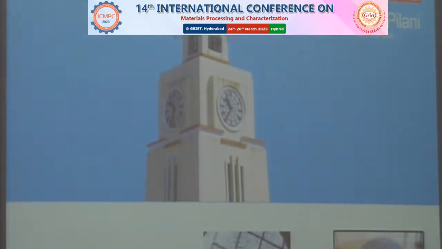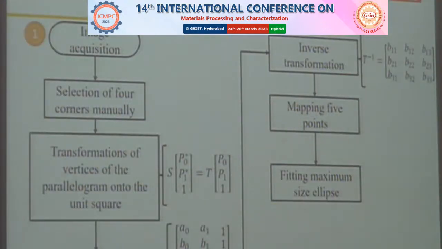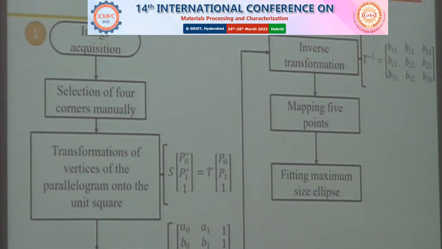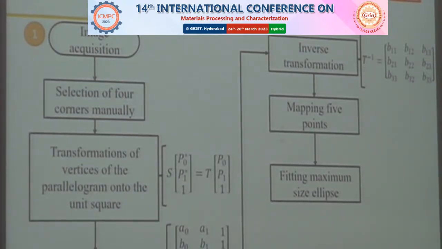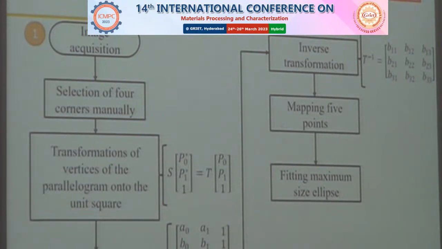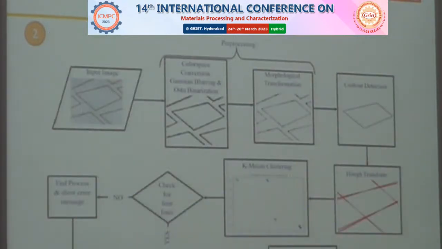Now coming to the square grid analysis. This is another method. Here people will print the square grid. Once the sheet is deformed, this square is going to become a quadrilateral. Within that quadrilateral, you have to fit an ellipse, a maximum size ellipse. Then we measure the major axis length and minor axis length to evaluate the strains at different locations. For this we proposed two algorithms. This is a projective collimation, and another is